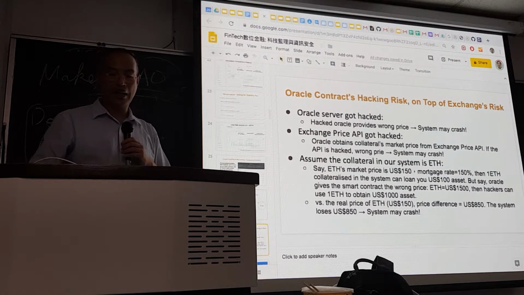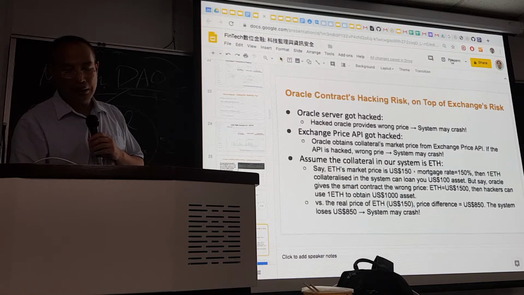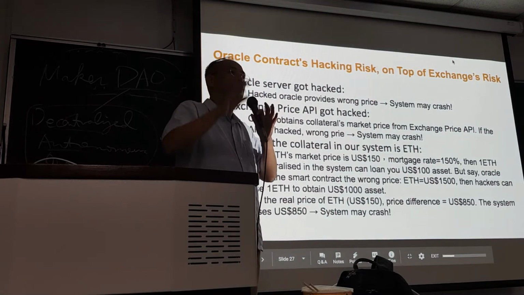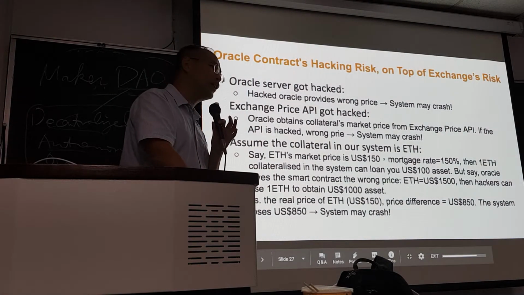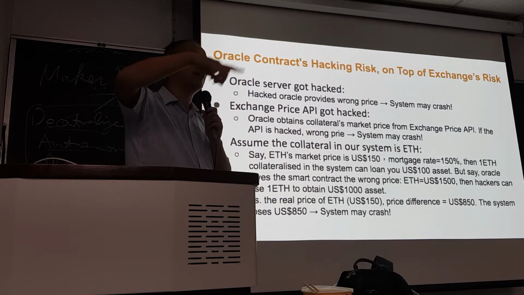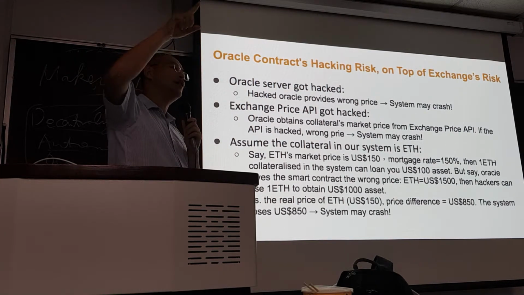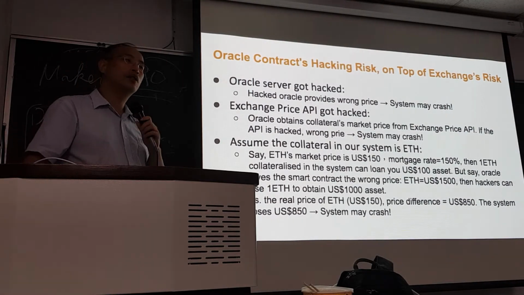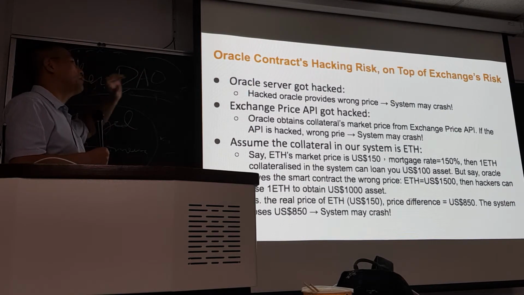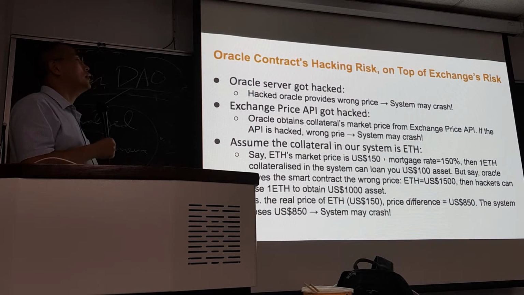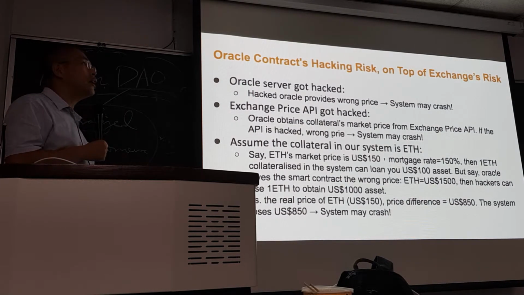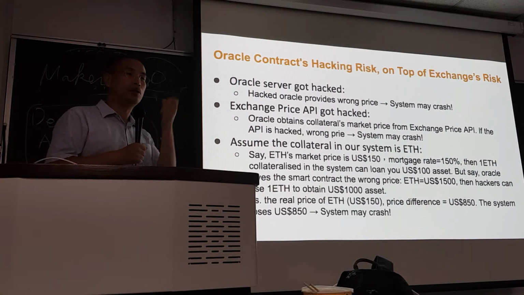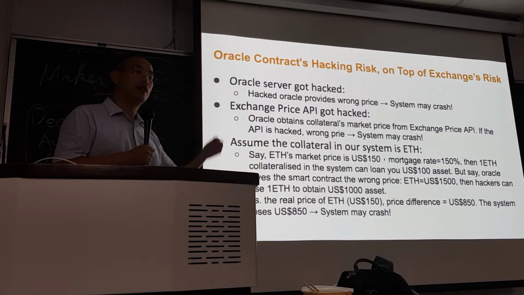Okay, so then this slide I try to explain. Many people claim DeFi is safe because it's decentralized. It's supposed to be safer, right? No. Actually, a lot of DeFi is more centralized than CeFi. CeFi stands for centralized finance, CeFi, right? So DeFi can be more centralized than CeFi, and also DeFi has this risk because now you are at the mercy of the Oracle contracts, in addition to the exchange, right? When you get the DAI token out, you are relying on the exchange, right?